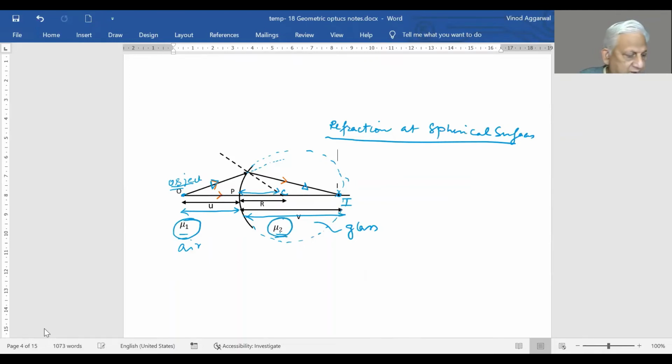Here refractive index is mu2. So our formula is mu2 over V minus